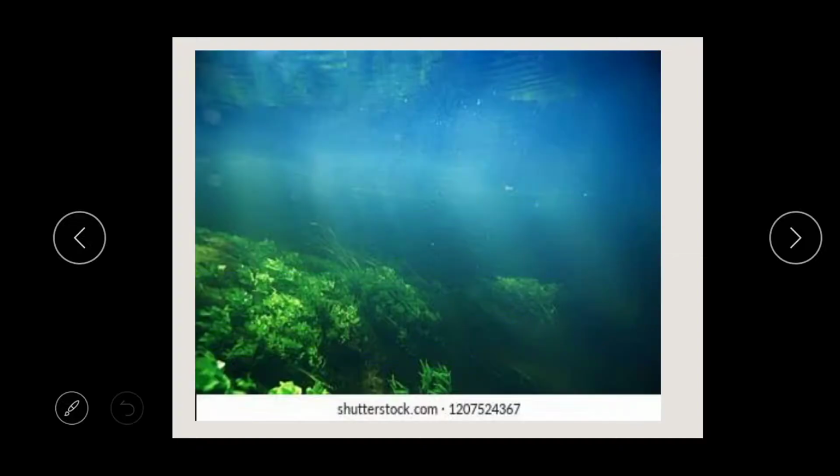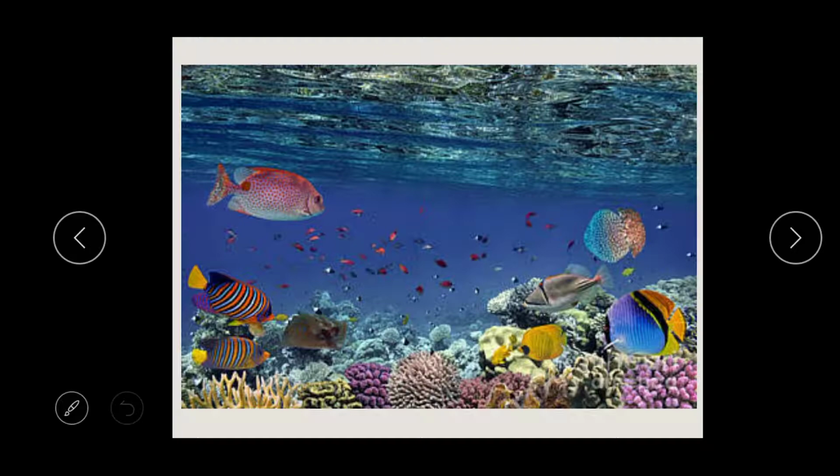Okay, and look at what the aquatic habitat looks like, and you can see the fishes living so well, comfortable, safe in the water.